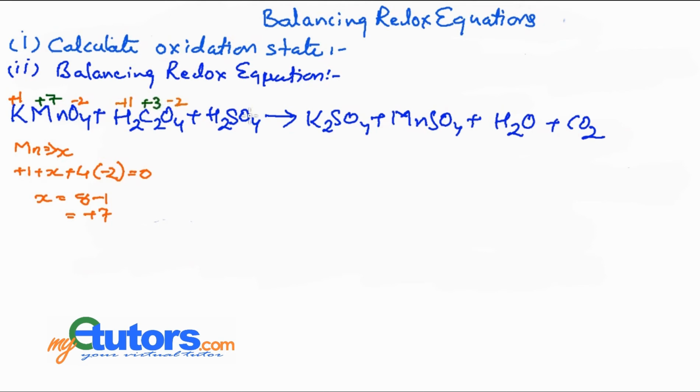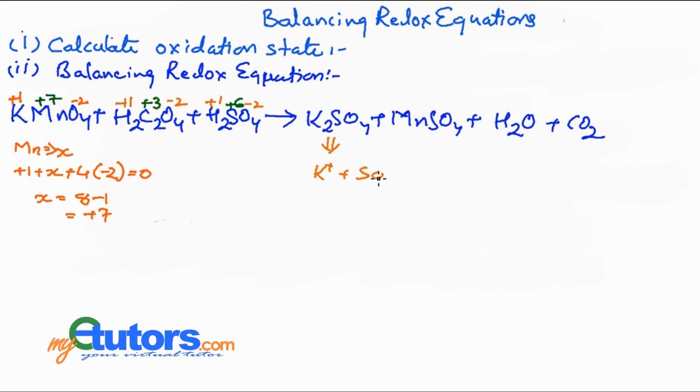So the oxidation state of any element in a compound can be calculated using standard oxidation states of the remaining elements and equating it with the charge that is possessed by the species. If it is a cation, then it would be equated with the positive charge, and if it is an anion, then it would be equated with the negative charge. There may be instances where oxidation states of more than one element are unknown.